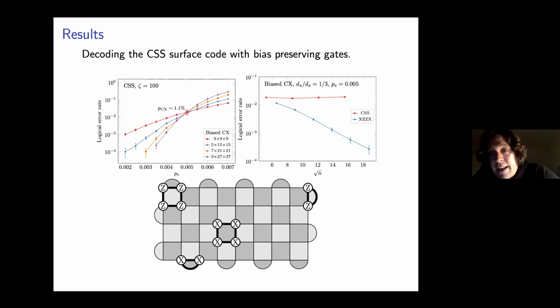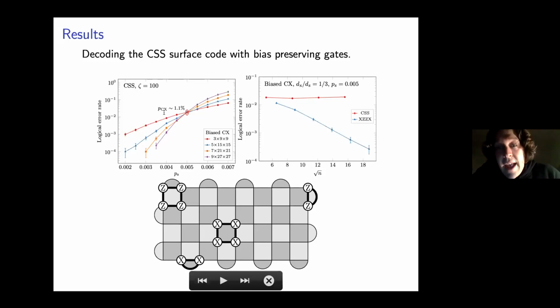So what does that mean? Well, as I said at the beginning, the goal of quantum error correction is to make a really good logical qubit. We want to be able to make the error rate of that logical qubit arbitrarily small. We want to compute with them as well, but let's just talk about memory for a moment. We want to make that logical error rate as small as possible. And so if you're at some fixed error rate, say the threshold error rate of the CSS surface code, and you add more physical qubits, where n is the number of physical qubits, and square root of n is the length of this square lattice of physical qubits, then